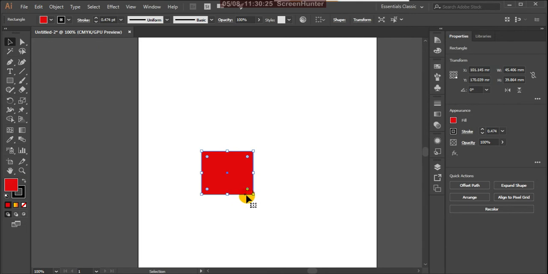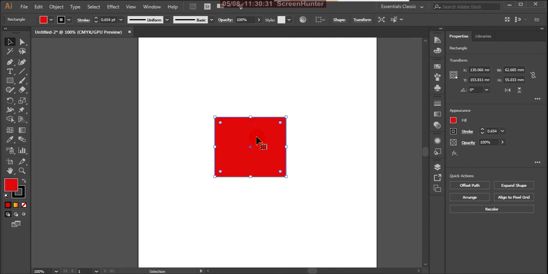One side is fixed and the opposite side is fixed, changing proportionately. But I want to decrease and increase the shape from the center.